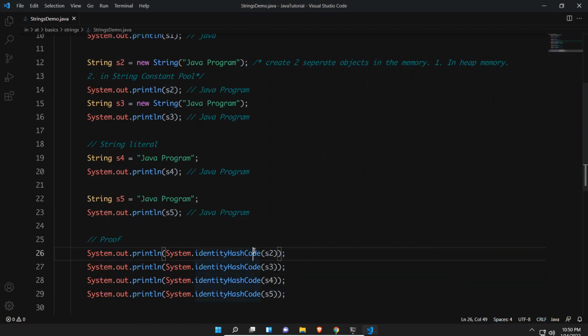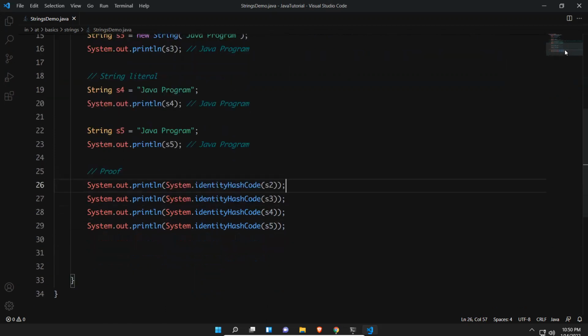If everything is a new object, then S2 should have a unique value, S3 should have a unique value, and S4 and S5 should also have unique values. But when we execute this program, we will see what S2, S3, S4 and S5 print. As per the previous discussion, S2 will have a separate object in heap memory, and S3 will also have a separate one in heap memory.